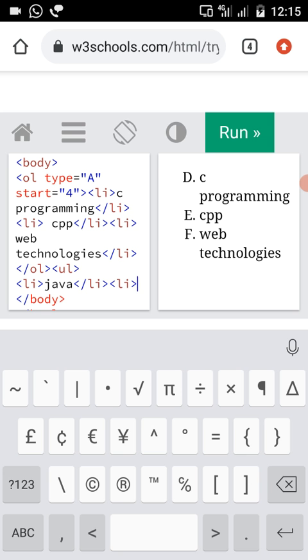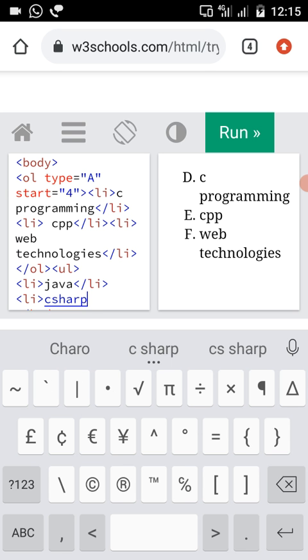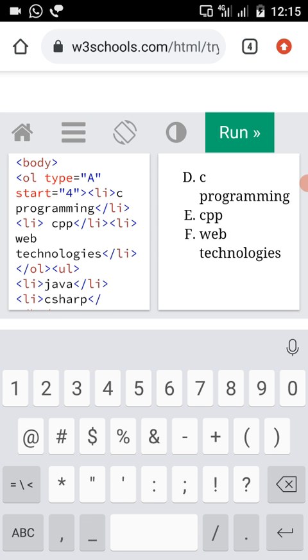Now add another list item called C sharp. Then close the Li tag.